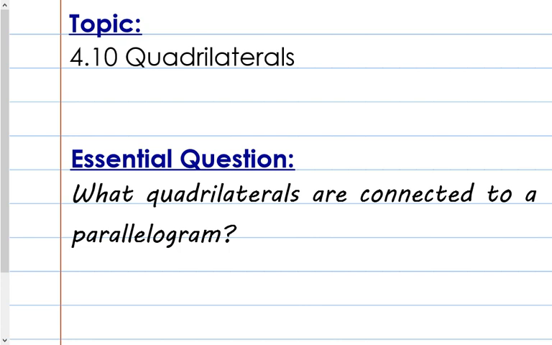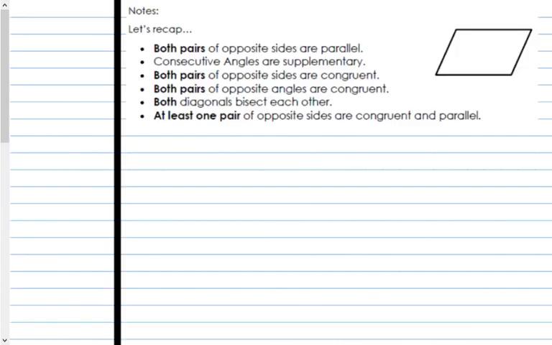Our essential question is what quadrilaterals are connected to a parallelogram. So let's recap. With a parallelogram, both pairs of opposite sides are parallel. So this side is parallel to this side, and this side is parallel to that side. The consecutive angles are supplementary, which means that the red angle,